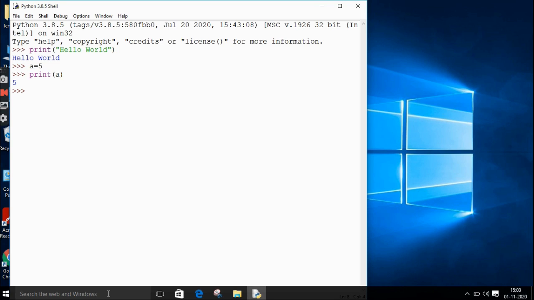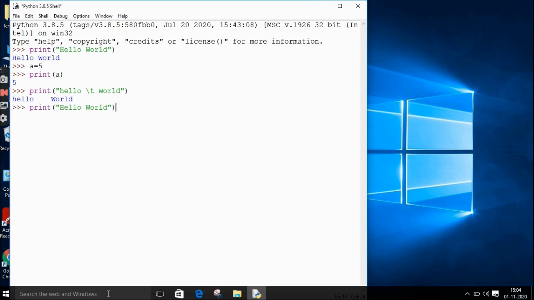Now let us understand how to use tab with the help of the print statement. For this, we will use the print statement, give a small message called as hello. After this, you can give a tab. For tab, there is an option called as \t. Write down the next word, suppose it is hello world, close it with the double quotes and then your bracket. Press enter. You will see that the two words are separated by a tab.